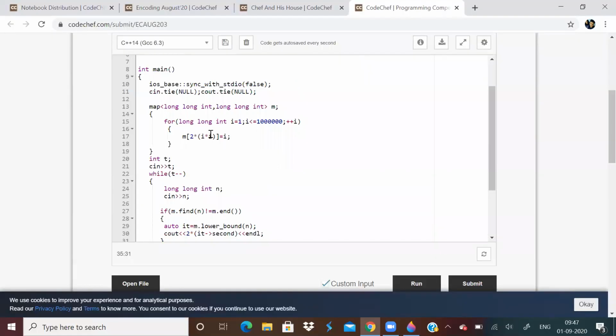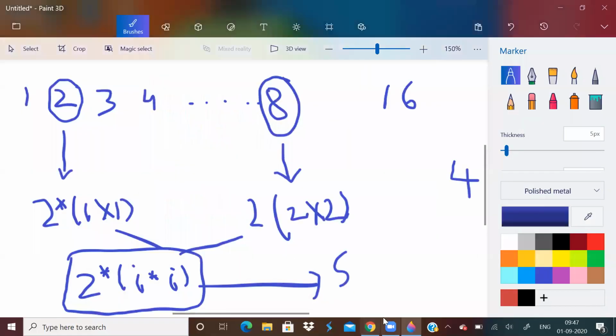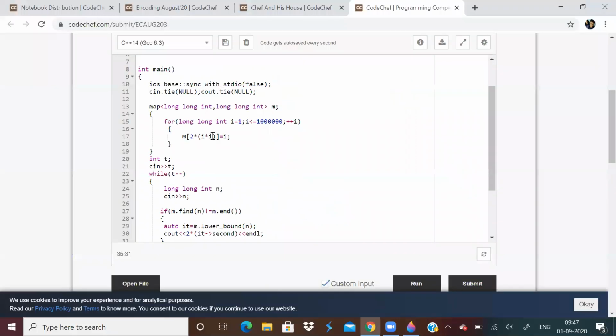It will say m of 2 is 1. Similarly, m of 8, this is the second term, will be 2. M of 18 will be 3. Why? 18 is equal to 2 into 3 into 3. So this map will store those things.